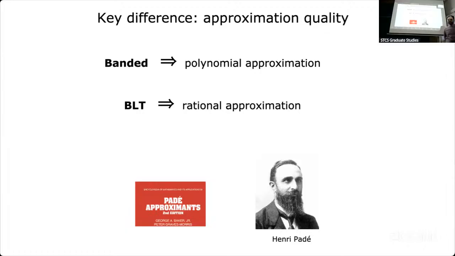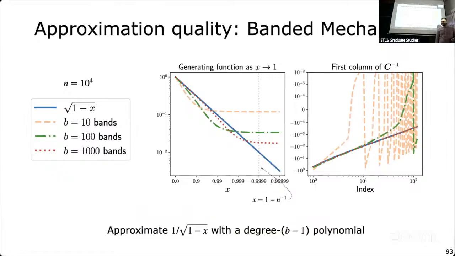There are also other Zolotarev approximations which are known to be really good at rational approximations. So there are some rational approximations which are special classes that are really good. But in general, empirically they're much better, though there are worst case problems where they're no better than Taylor approximations, right? So here is just a plot: the square root of 1 minus x is this white line here, and 1 minus x is in log scale here.